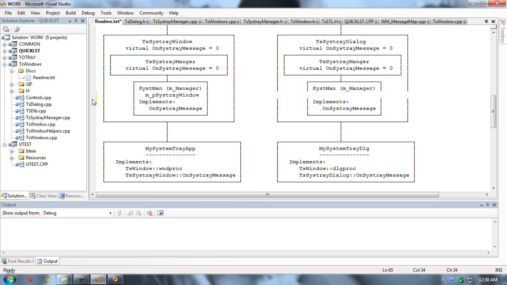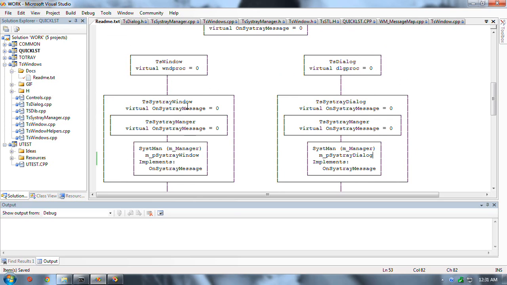Same applies on the other with the dialog. They're completely analogous, no changes, except for when the word window changes to dialog. It even fits right. Okay, so this object has a member pointer to the outer shell, implements that, uses that pointer to call this,